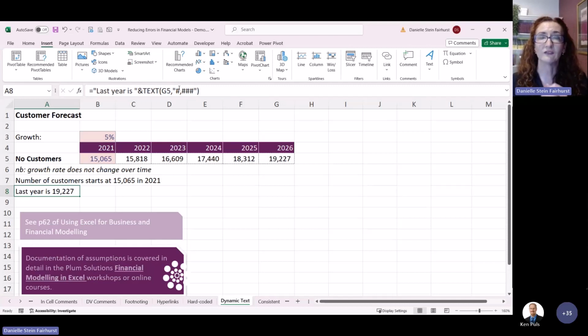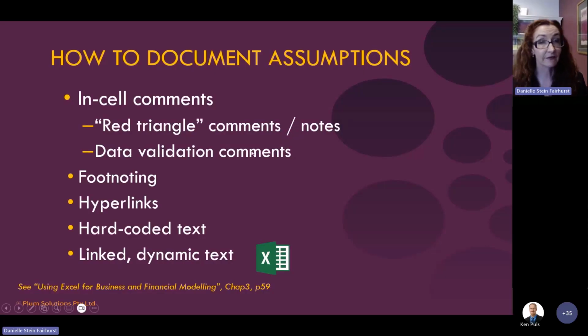documentation, we would always try to keep the documentation inside the model. So I see a lot of people, when they go to build a model, they have an assumptions document. And as soon as you take it outside the model, of course, the numbers are going to be out of date. So I would say wherever you put in a number, you should use this technique and have all of your assumptions listed like that, because it's just going to save you so much time as you go. So that's just a couple of methods for documenting assumptions.